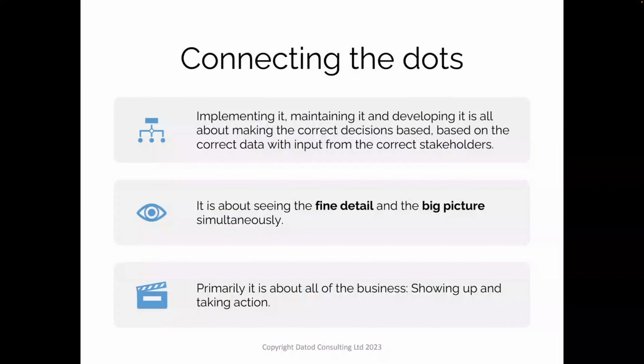In terms of the QMS, implementing it, maintaining and developing it is all about making the correct decisions, based on the correct data, with the input from the correct stakeholders. It's about seeing the fine detail, but also simultaneously seeing the big picture of how the quality system operates within your organization. And primarily, it's about all of the business showing up and taking action in terms of their impact on quality, how they interact with the quality system, and how your quality organization can help them deliver their goals